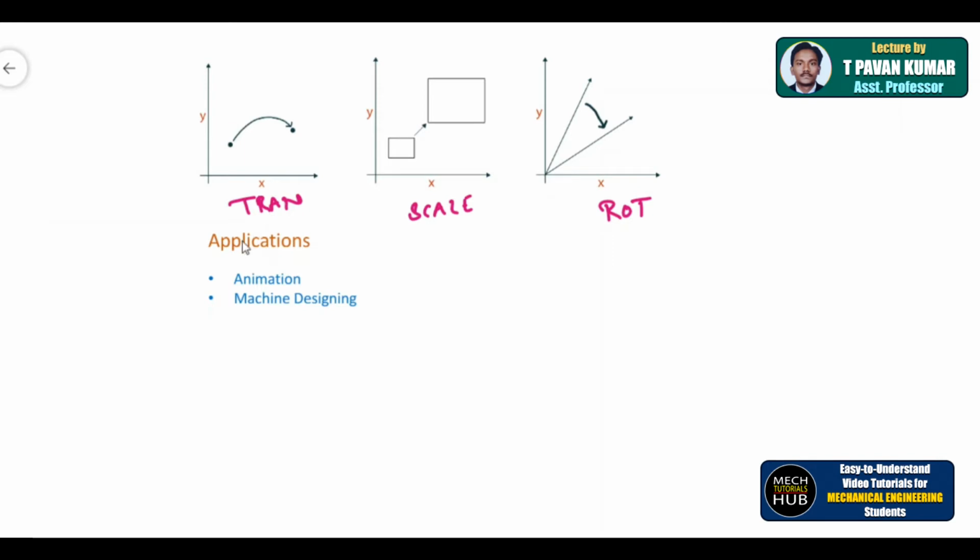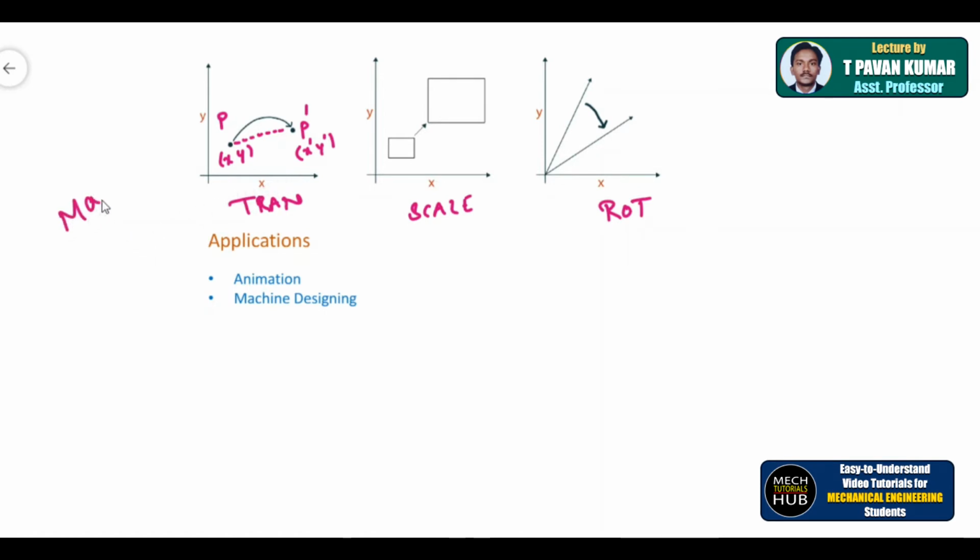Alright, let me talk about translation first. Explaining from the beginning, let us consider this as point P. The new position becomes P prime for our understanding. Similarly, if I call this point as X, Y coordinate, then this point is going to be X prime and Y prime. Okay, means we are going to translate the point XY from one position to the other position, which is X prime, Y prime, which we get through matrix multiplication.